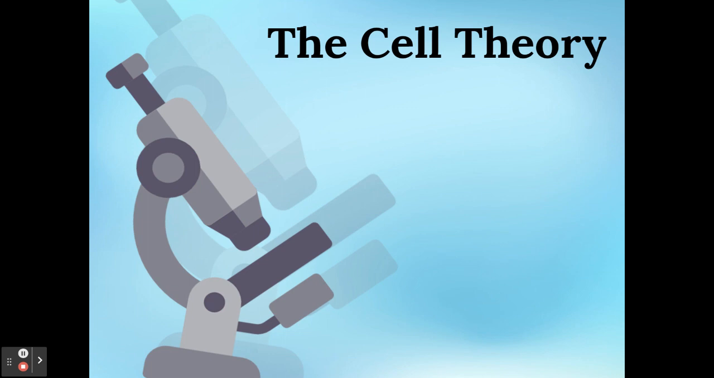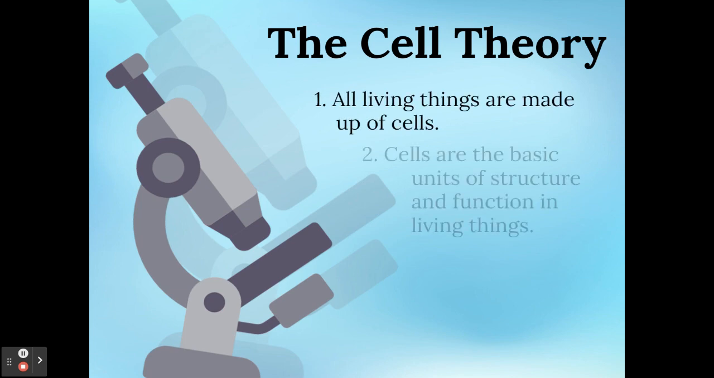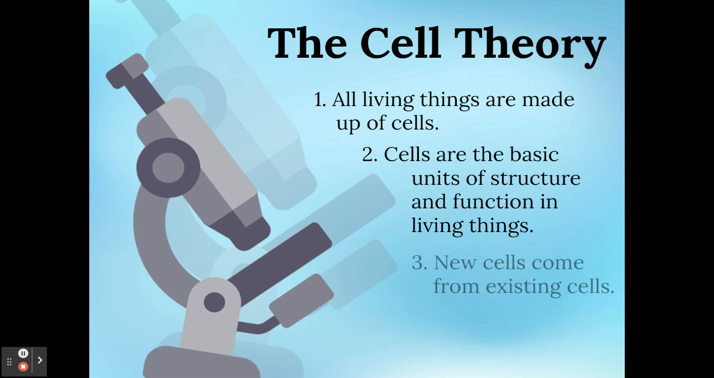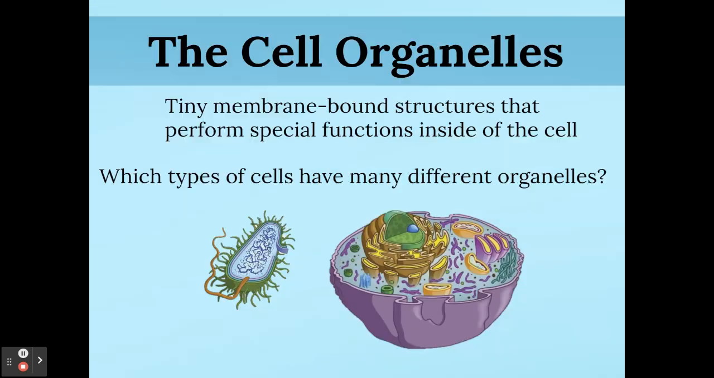Upon the invention of the microscope, scientists were able to develop something that we call the cell theory. So, all living things are made up of cells. Cells are considered to be the basic unit of structure and function in living things, and new cells come from existing cells. So, you have to have other cells reproduce in some way, so mitosis and meiosis, to create new cells. So the organelles that we're going to talk about today, they are tiny membrane-bound structures that perform special functions